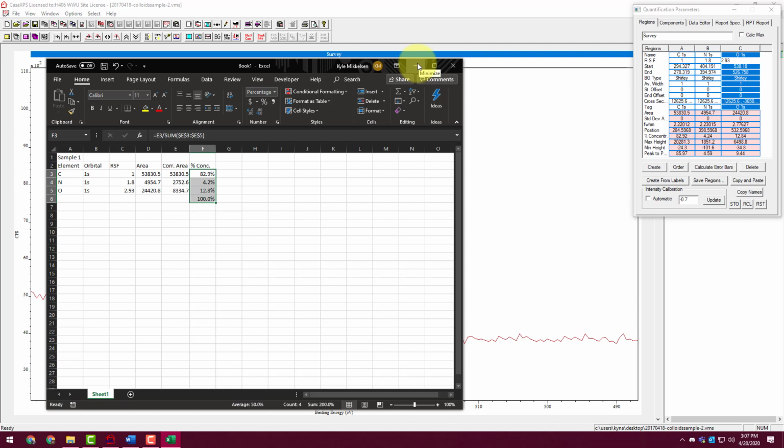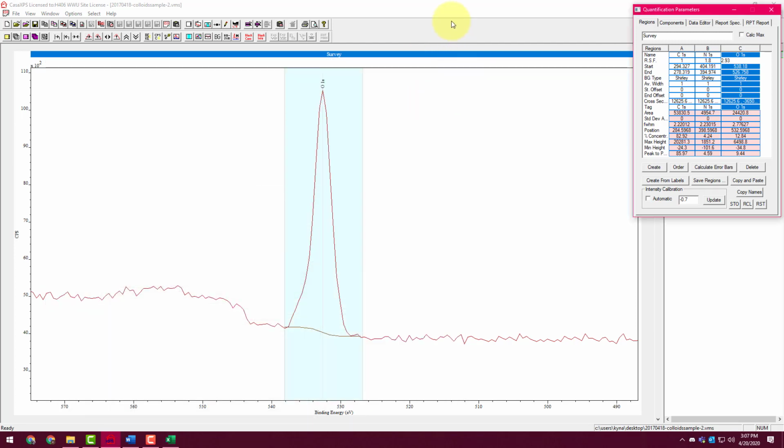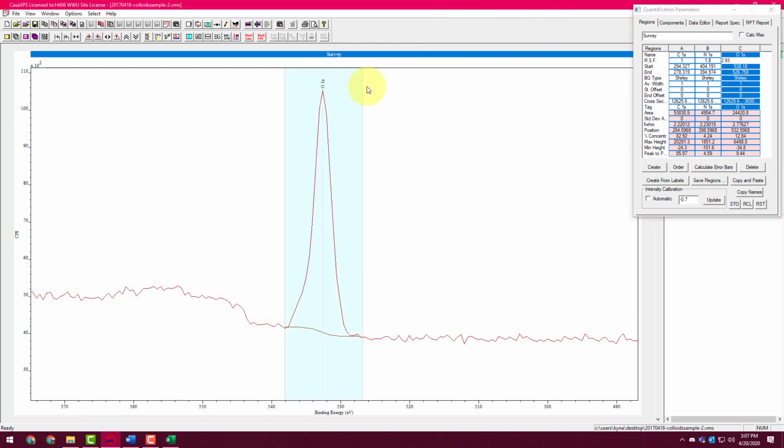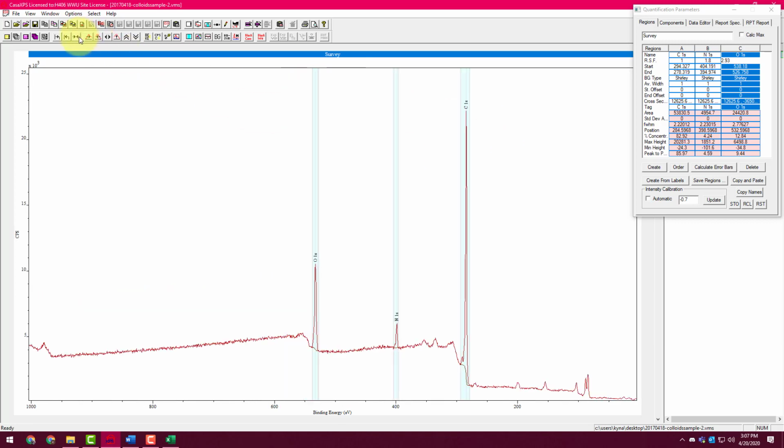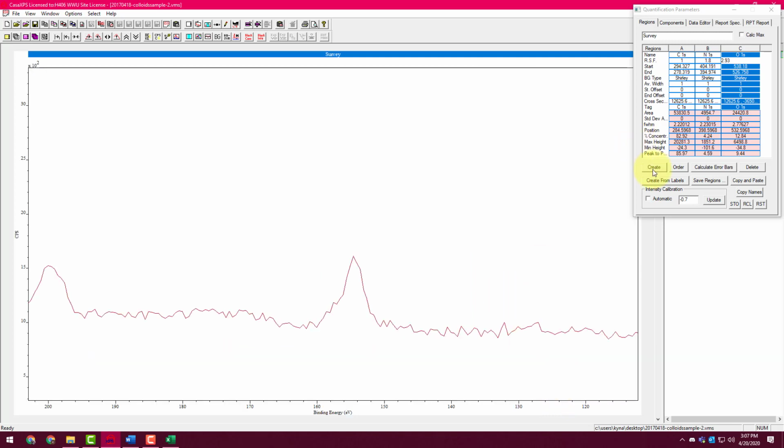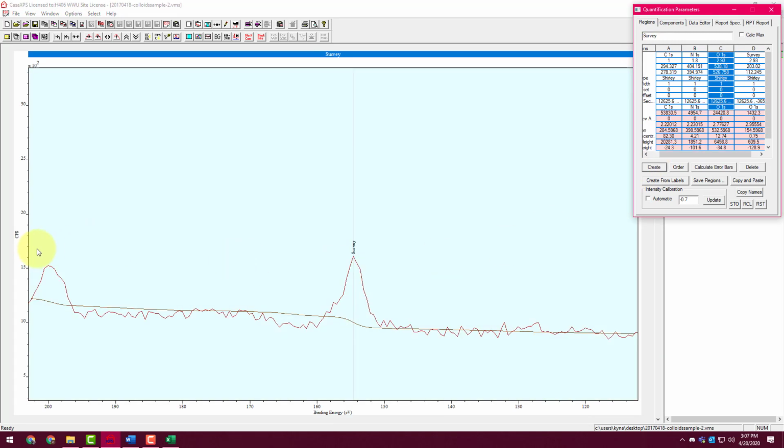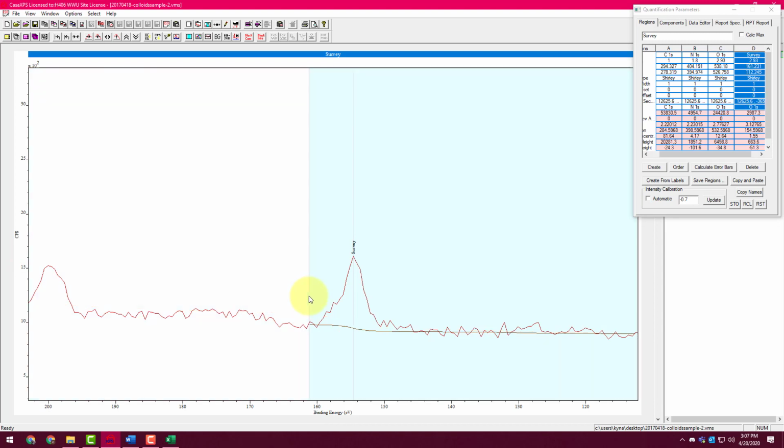So that was method 1. Remember, add all the elements that you actually care about. Method 2 actually requires method 1 to be done, so you have to actually have created a region. I'm actually going to create a region for silicon for the 2P peaks. So I'm going to create a region, and I'm going to